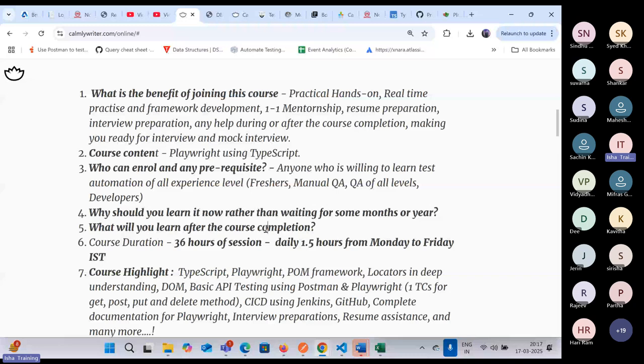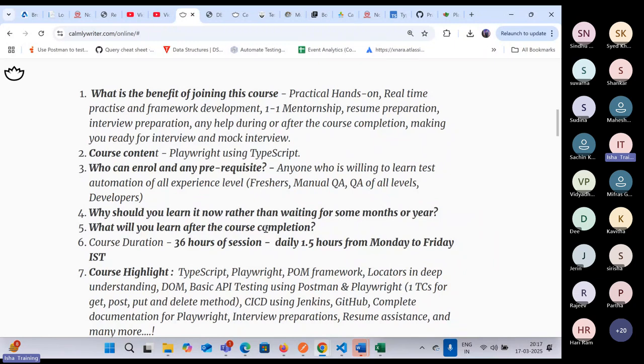You will see a lot of advantages when we talk about the advantages of Playwright. We will also show you some of the advantages of Playwright once we start the practical sessions and so on. So you'll come to know what the benefit is. But the benefit of this course is one thing: